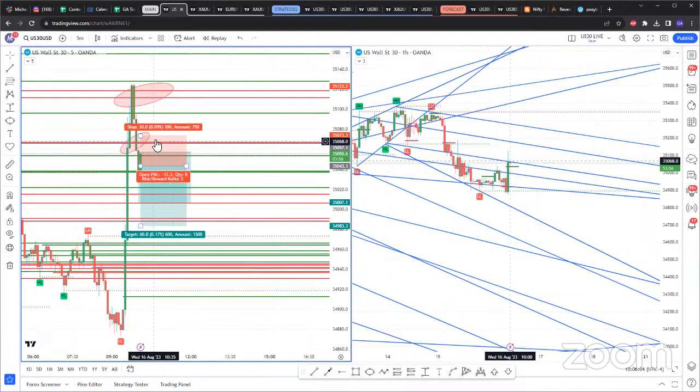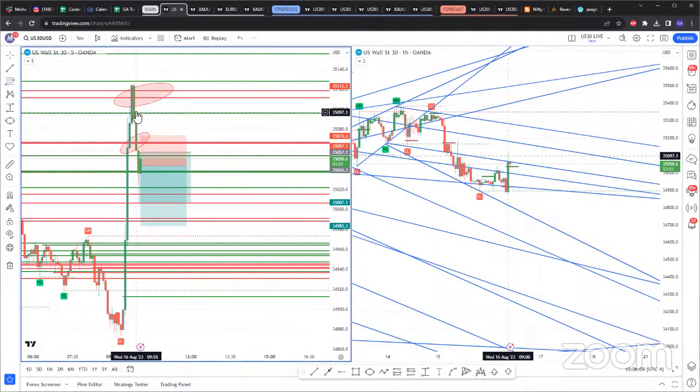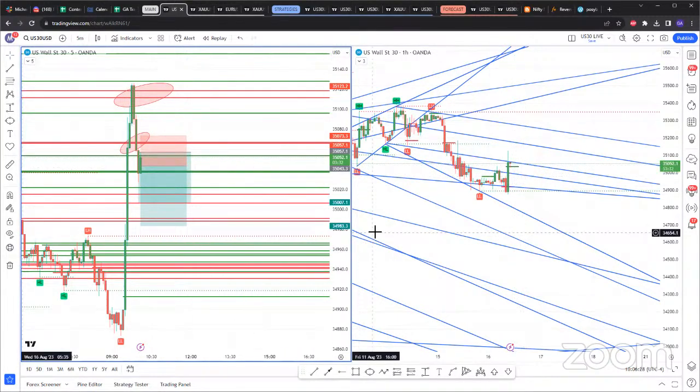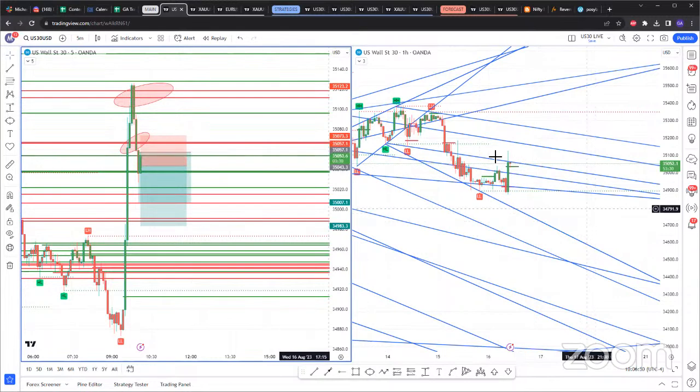So my stop is above those double SARs. For a safer entry, stop above the previous high, which would be the previous high of this candle. Now, if you were in the filler trade, you're getting taken out at break even right now. For the new trade, it's like 40% in drawdown. So we'll see how that goes. But I would expect US 30 to shift back to the downside from here if it's to continue that daily bias. Let's see what else we have.